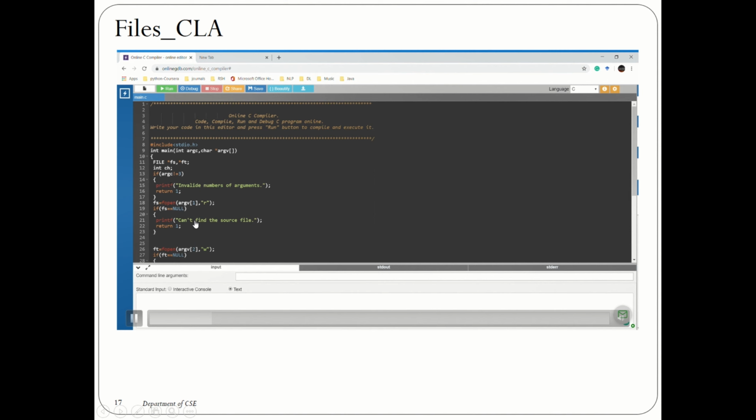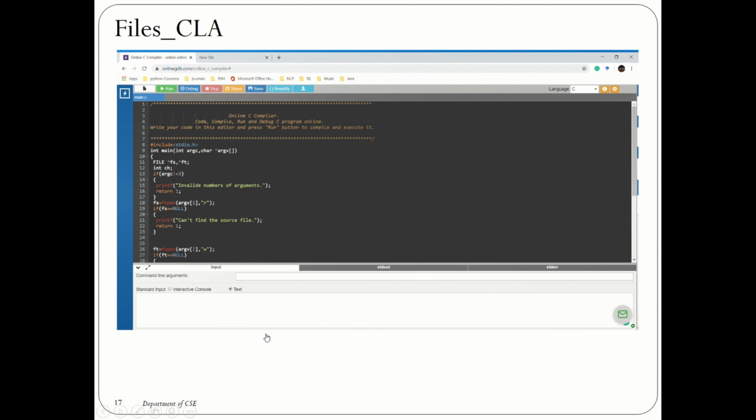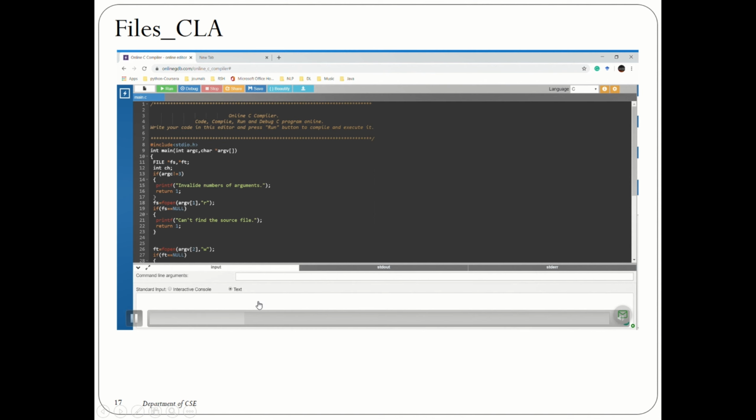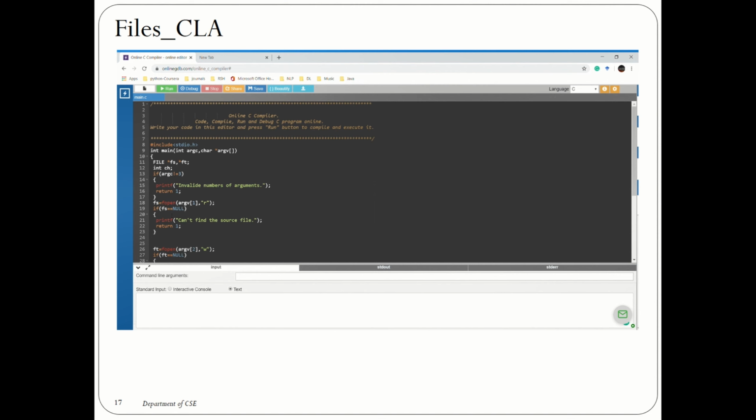Okay, so here I am going to use two text files. If you are not passing at least three arguments, it will throw you an error. What you are going to do in this particular program is copy the content of one file and pass it on to the next file. So you are copying from a file, say a.txt, and you are going to copy it to b.txt. That is what you are going to do.